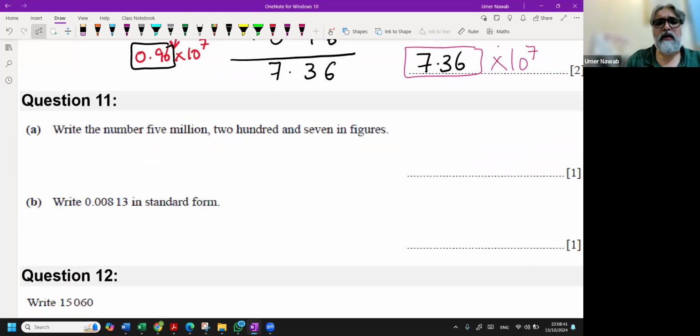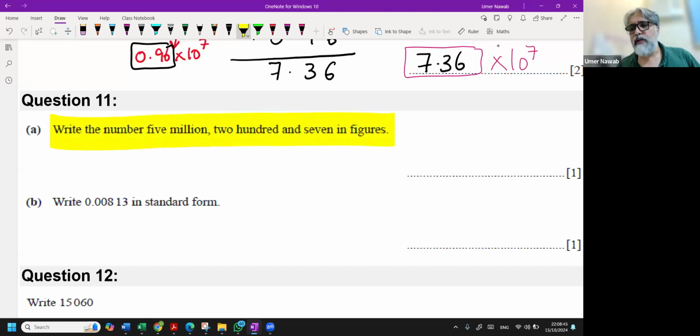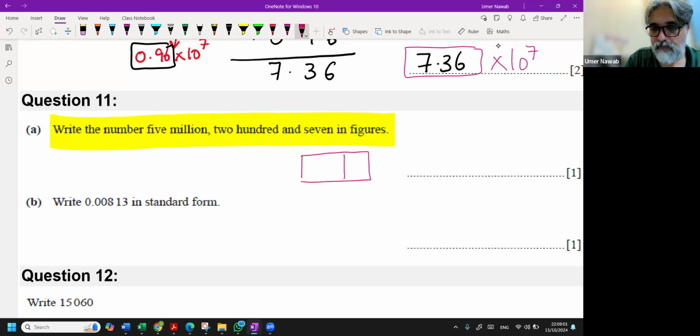Next, a number. Sometimes the examiner gives you the bigger number in words and he asks you to write it in figures, or in digits. We need to understand the place values. So let me write here the place values. I'm going to make a block. The block is divided into three parts. So unit, 10, 100, comma. Then I'm making the 1,000 block. What I'm going to write here, 1,000,